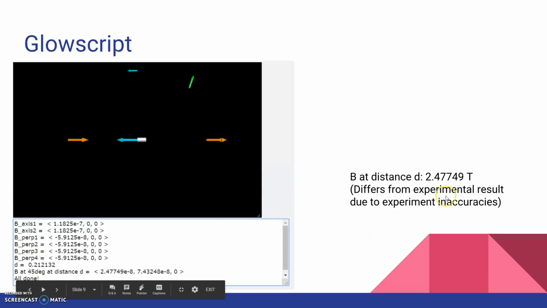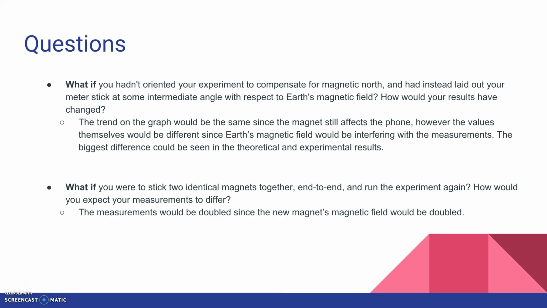And the difference between this result and the experimental data that I found in the last slide is from different experimental inaccuracies, such as magnetic fields interfering with the test, as well as different magnetic objects, such as metal bars maybe in the table. So in conclusion, if I had not oriented the magnetometer with the magnetic north and then